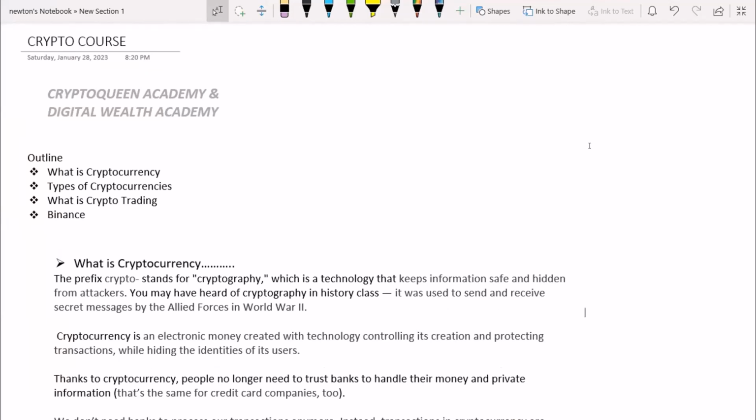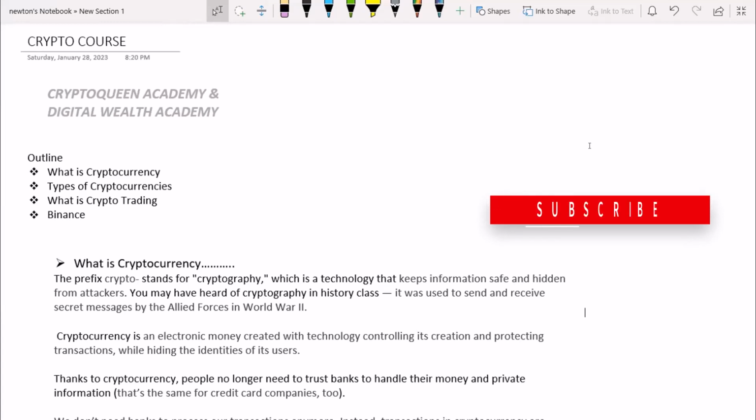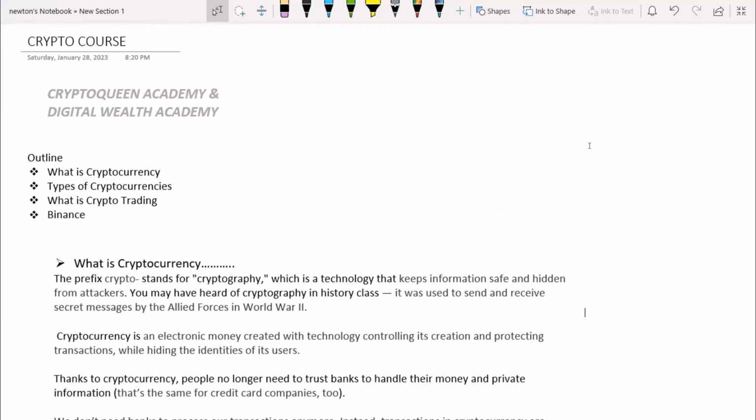We are going to be discussing cryptocurrency from the very beginning. Majority of you might be familiar with what I'm going to teach tonight, but for the sake of the newbies, we'll be starting afresh from scratch, and we will be very fast because we have a lot to consider. First of all, we want to look at what cryptocurrency is, the types of cryptocurrency and how to properly trade cryptocurrency, and then what platforms are available. Where do we get this crypto? Where do you have access to this cryptocurrency? How can we properly make use of these platforms? And then we'll move on to fundamentals. So, we start. What is cryptocurrency?